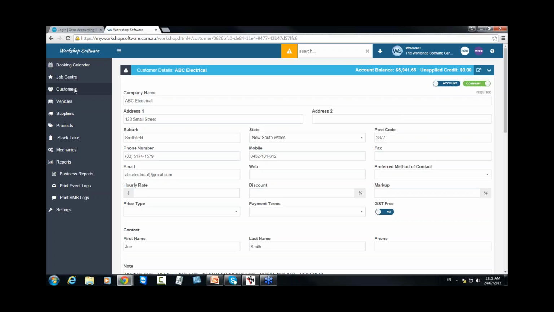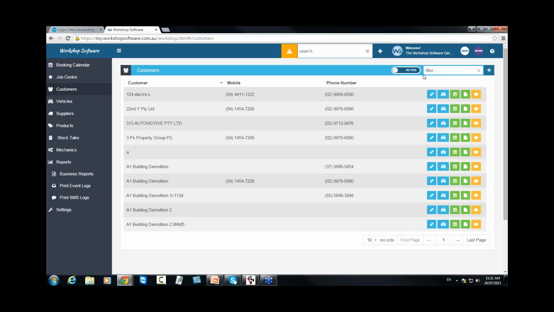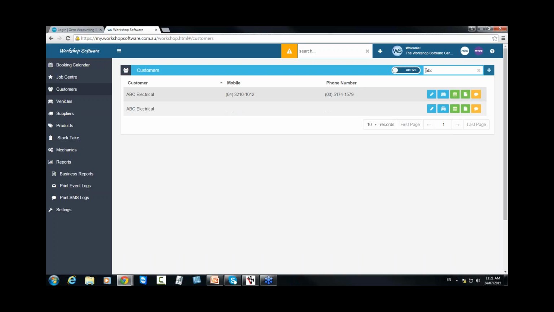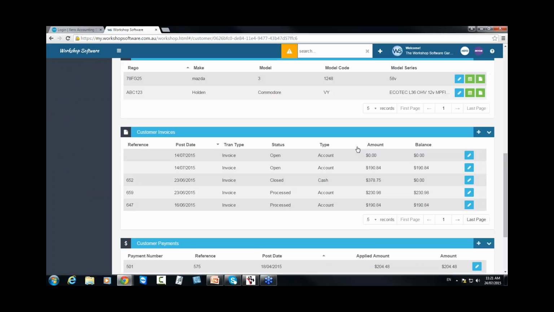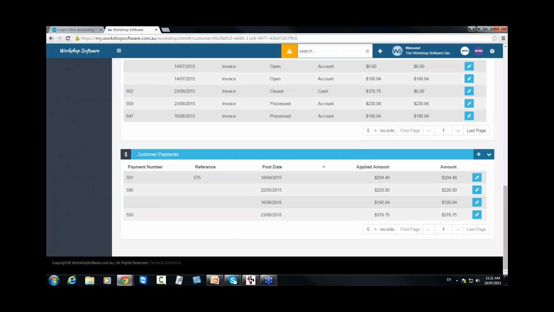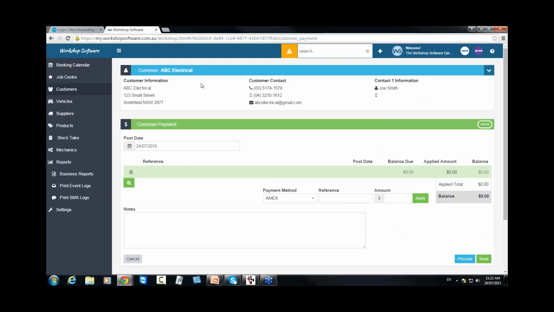We can go to our customers. We can look at ABC Electrical. And again, we have a few little options here. We have edit customer. We have add a vehicle, make a booking, or do an invoice. Now, to make a payment, you've actually got to go into the customer's file by double clicking on it and coming down here to the very bottom, and you can see it says customer payments. We have a plus sign here to our left, so we go plus and it brings us to the payment